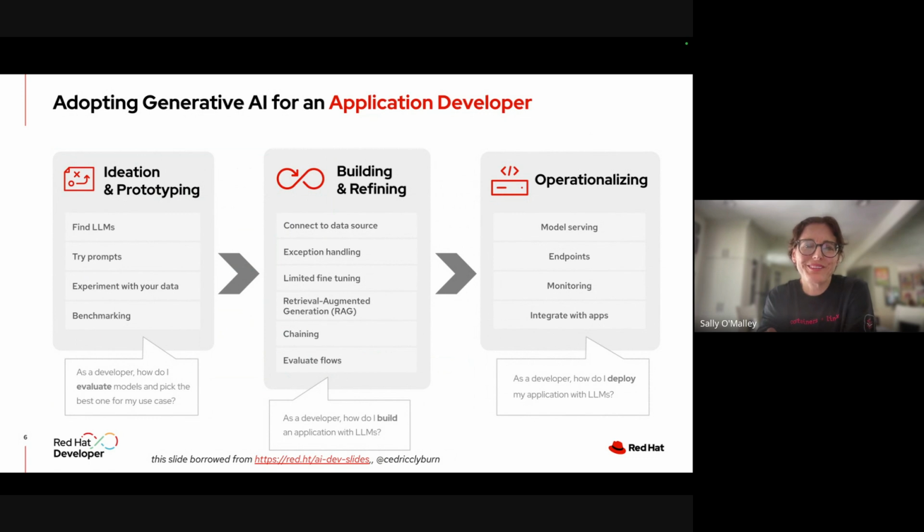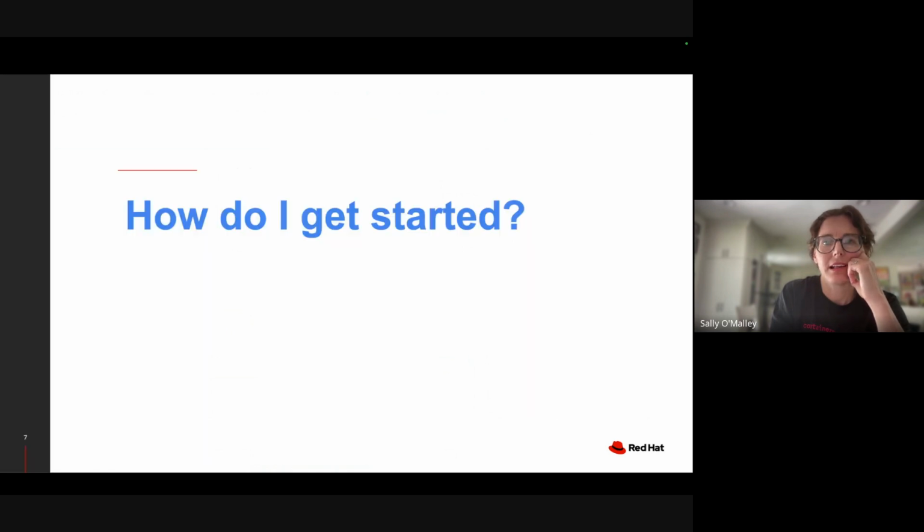Now, how do we get started? AI development is really expensive. There are cloud bills and storage requirements. It requires the sun to run one of these huge large language models. So what we decided at Red Hat is that a lot of this experimentation can be done locally, and that is where Podman AI Lab comes in.